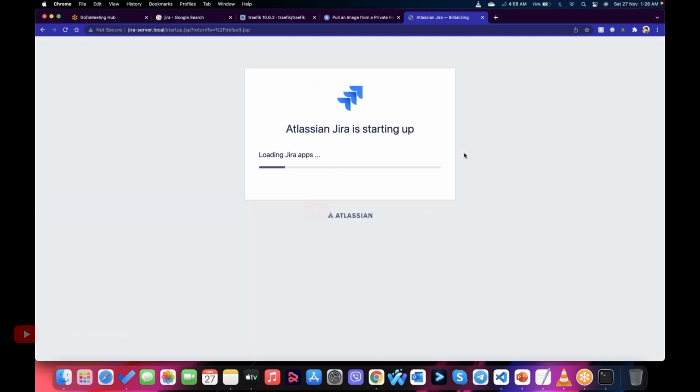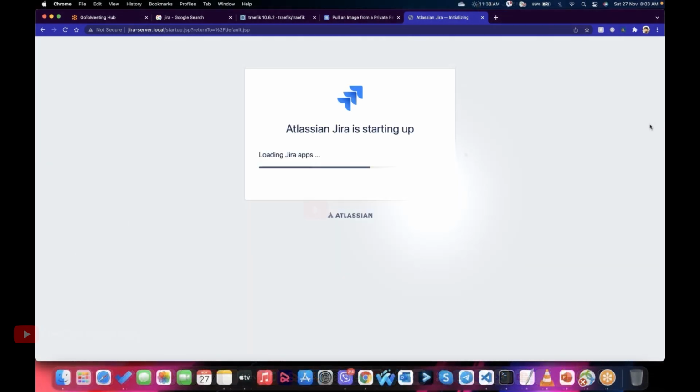Yeah, so Jira is up and running now. It will take some time to load all the apps, so let's wait. Jira is now ready to start and it will load the starting page in some time.